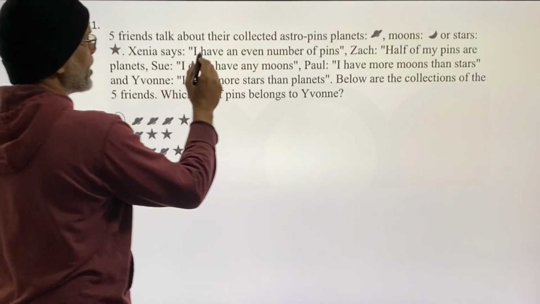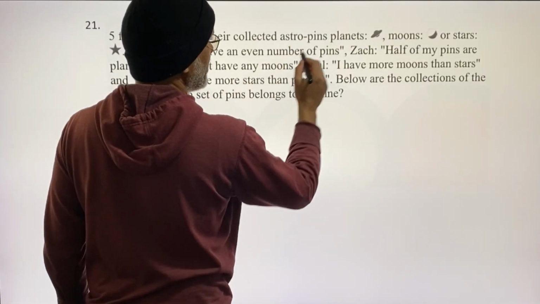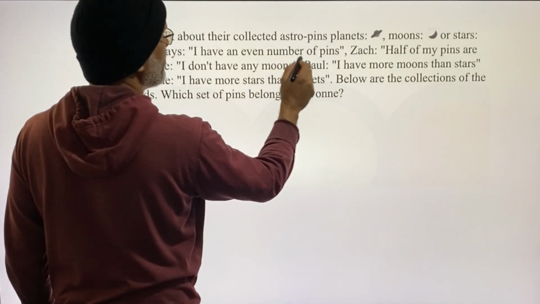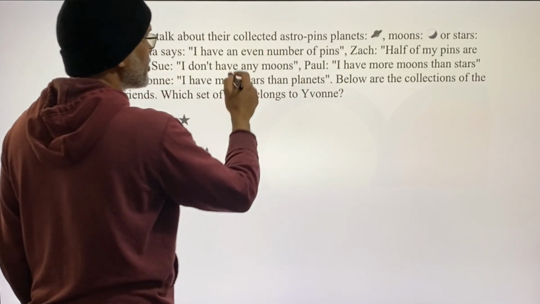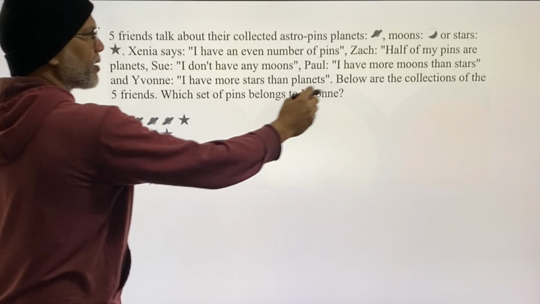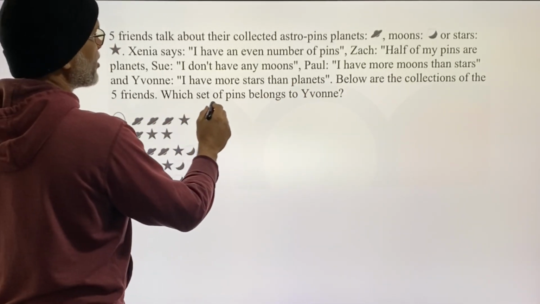5 friends talk about their collected astro-pins, planets, moons, or stars. Xenia says, I have an even number of pins. Jack, all right, so different friends say different things. And the question is, below are the collections of the 5 friends. Which set of pins belong to